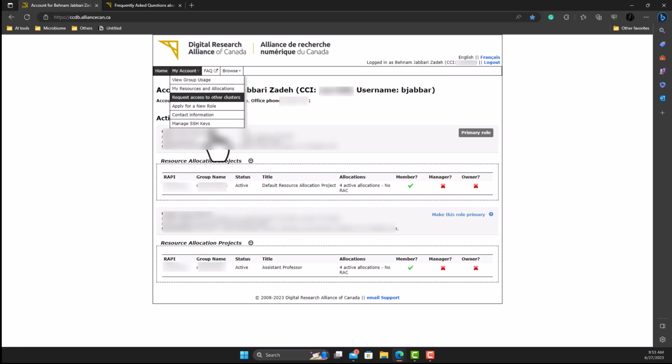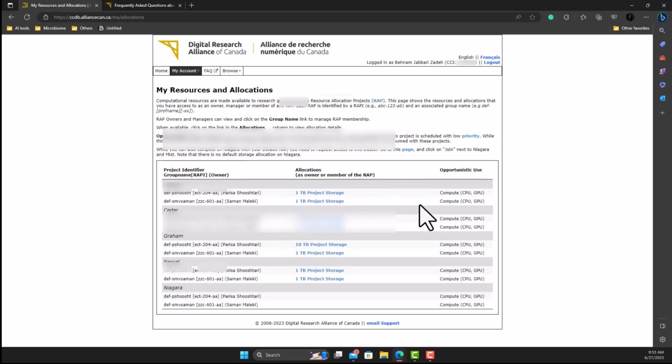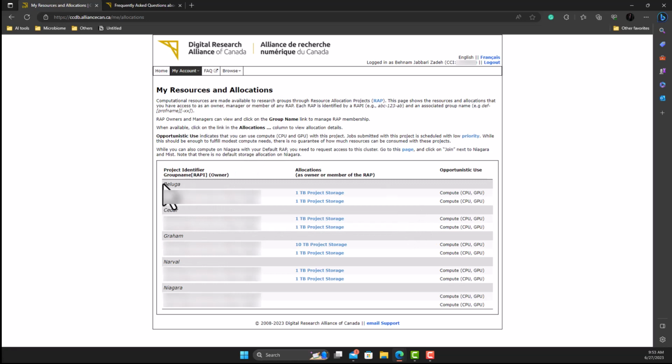On the My Account option, the group usage will show you how much RAM or data you have used, how much resources you have used. You will see your resources and allocations. Here, for example, I see that there are different nodes. So there are different locations with different devices set up, and they have different names. So Bluegull, Cedar, Graham. I usually connect to Graham, and I think Cedar is under maintenance now, but you have